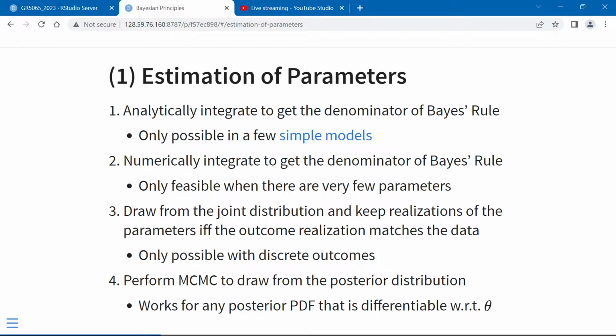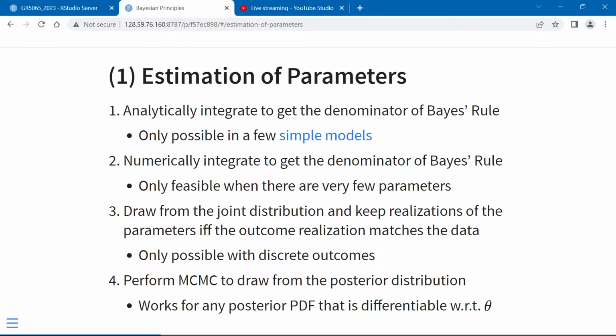So you need the outcome to be discrete, but you also need the marginal probability of that outcome times the number of simulations to be not too small. And if you have more than a handful of data points, then the denominator of Bayes' rule, the probability of observing discrete data under the model, but irrespective of the parameters, gets really small really fast. And so we can't really be doing like a billion simulations